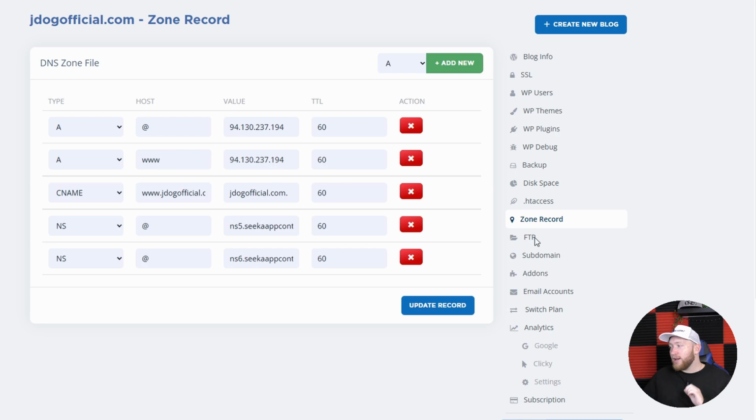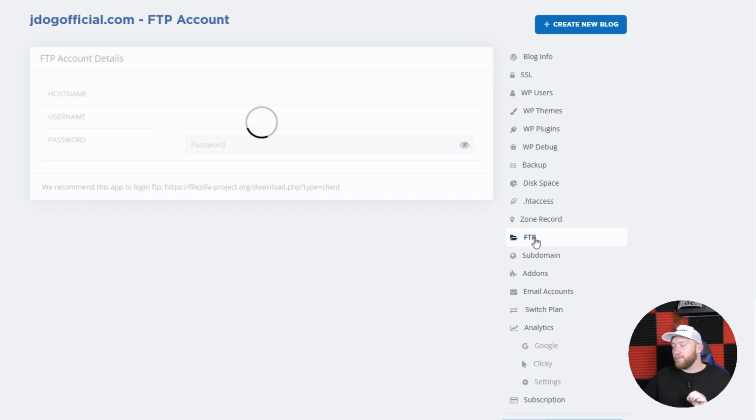Another favorite of mine, we now have FTP file access. You now have your hostname, your username, your password, and you can log in with things like FileZilla and manage all your files elsewhere. This really helps when managing larger files,